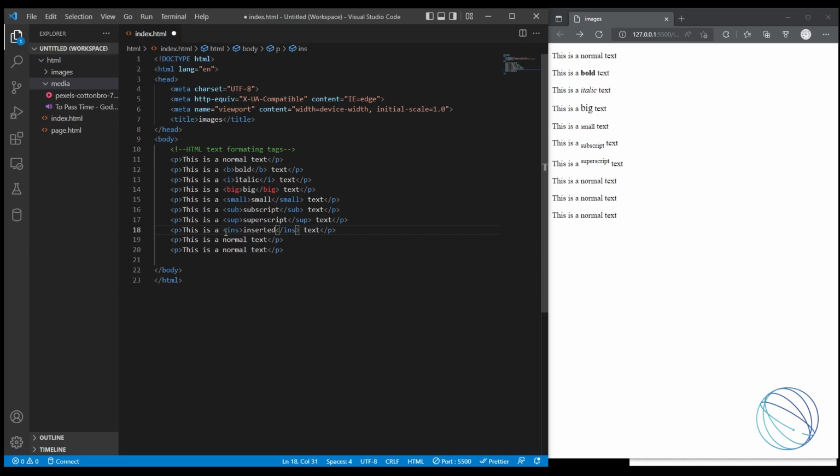inserted text. You can see here inserted, it came with an underline, and this is deleted text. Deleted, and you can see if I save it, deleted, it came by a line across it,